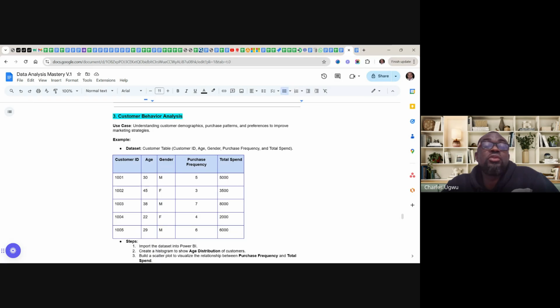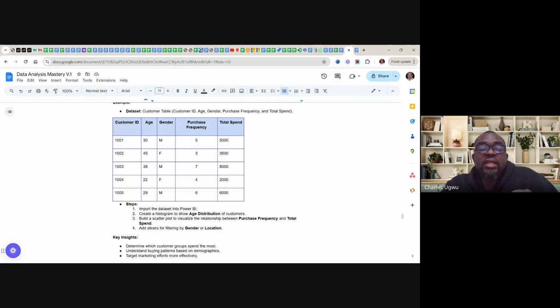When we want to understand customers, no matter the region or whichever part of the country or company, it cannot go beyond this data set structure. It's just in this structure. So if you understand it like this, you don't have any problem.